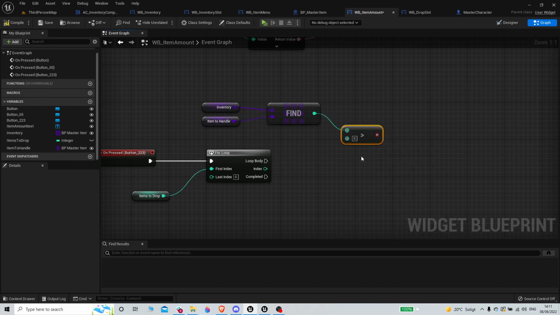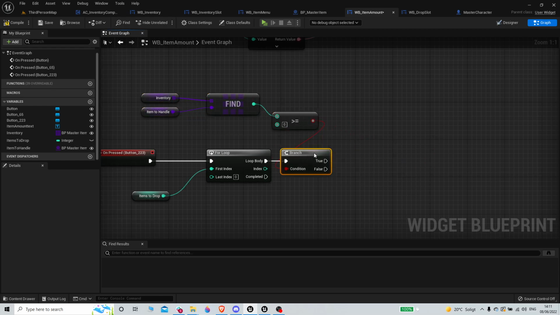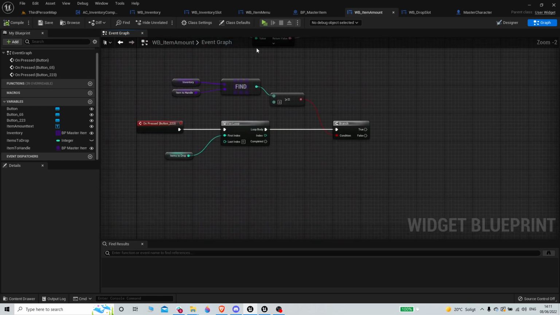So if greater or equal to 0, that should mean that it found one item. We are gonna